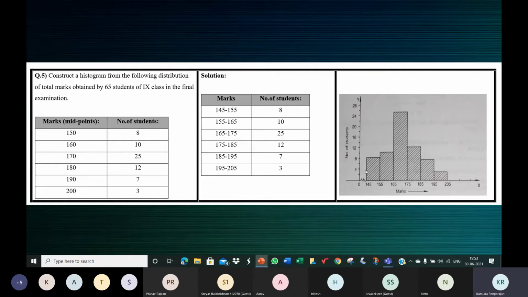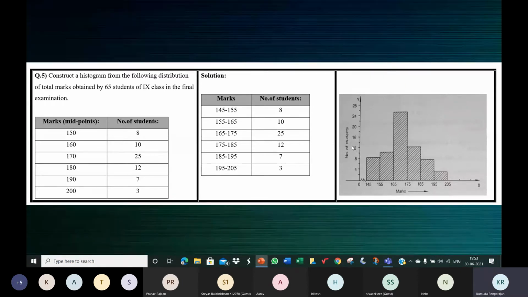Going by this scale, children, 1 centimeter, 4 units, the middle line here will be 2. Between 0 and 4 will be 2. 8, you can find it directly. 10 will be between 8 and 12. 8, 10, 12. So that middlemost line will be 10. 25 will be between 24 and 28, which is 26. So the line between 24 and 26 will be 25 here.